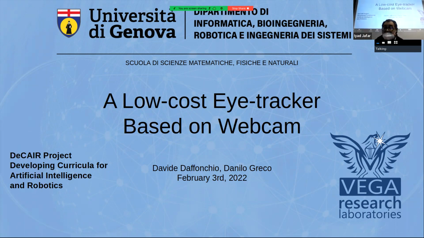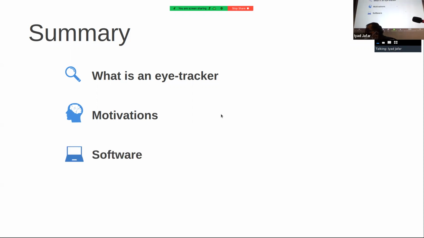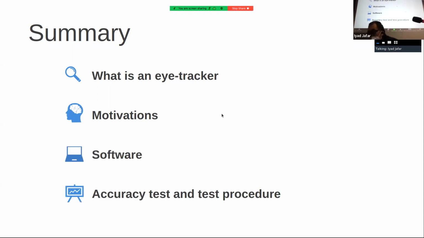Okay, so welcome everybody. In this presentation, we show a software that we developed based on machine learning. This is a low-cost eye tracker based on a neural network and a PC webcam. We see what an eye tracker actually is, and what the problem with normal eye trackers is. Then the motivation behind our experiment, the software, the solution that we implemented, and an accuracy test and a possible test